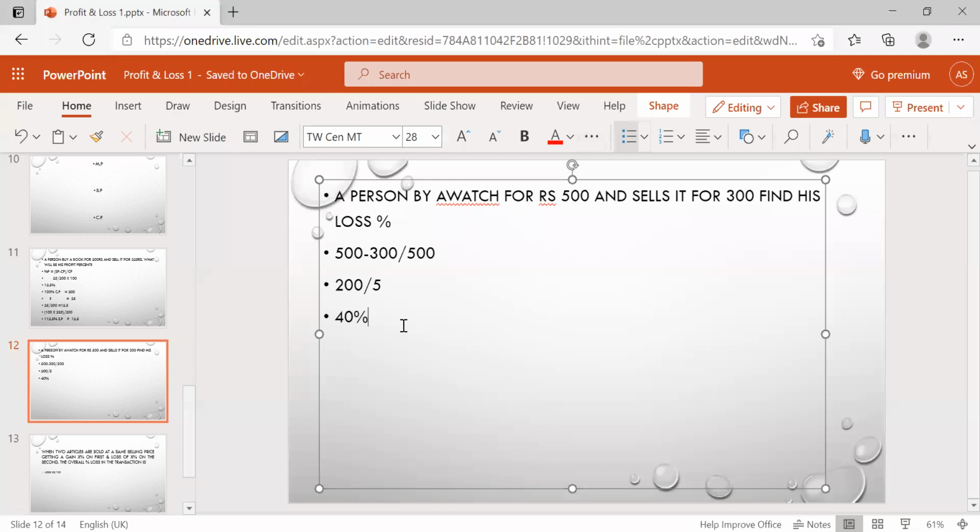So by using the percentage, how are we going to calculate? 100% is nothing but 500. Then they asked how much percentage of 200. What's the 200? It is a loss. So how did we get the 200? 500 minus 300. It's a loss. Then same thing, just cross multiplication. 200 into 100 by 500, we get the same thing. If you calculate, then also you will get the same answer, 40%. Okay, clear? Up to this it's clear, right?